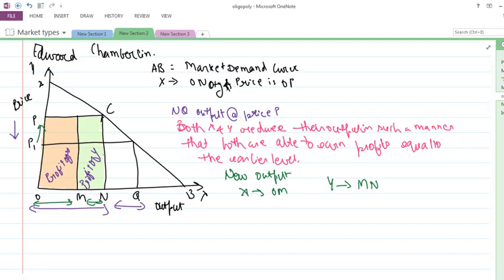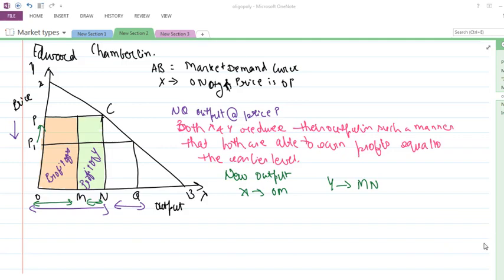So this is a duopoly wherein they arrive at a consensus as they realize that they both are mutually dependent on each other, and instead of fighting with each other they arrive at a consensus कि हम लोग यही प्राइस चार्ज करेंगे और दोनों अपना आउटपुट यहाँ पे रिड्यूस करके मैक्सिमम लेवल ऑफ प्रॉफिट कमाने की यहाँ पे कोशिश करते हैं. So this is Edward Chamberlain's duopoly model.